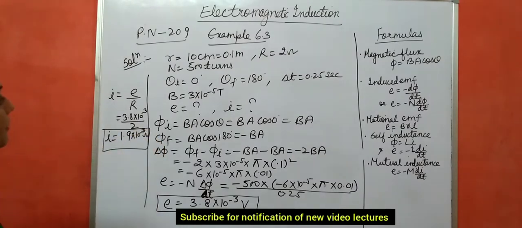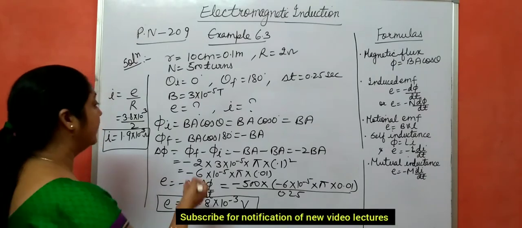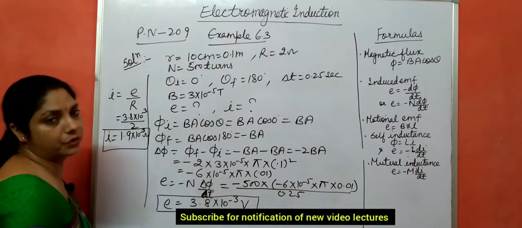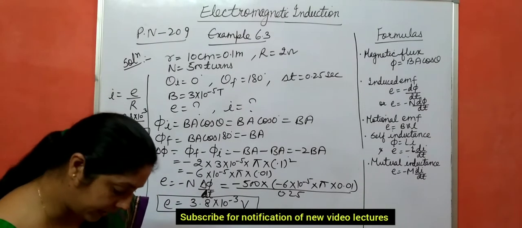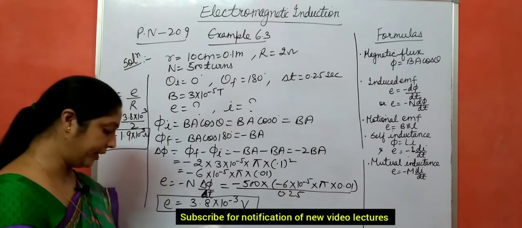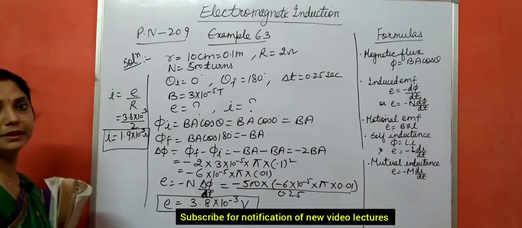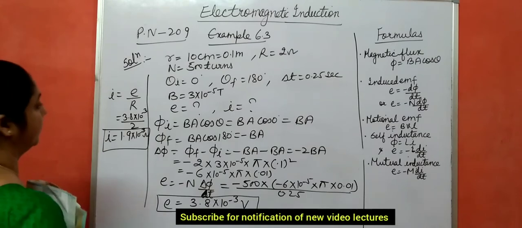So in this way, you have to solve the questions. First you have to write everything that is given in the question, and then what you have to find, then use that formula and solve it, okay? After this I am going to take one example again from this book, page number 211, example number 6.9. Note it down, please. Okay, next.